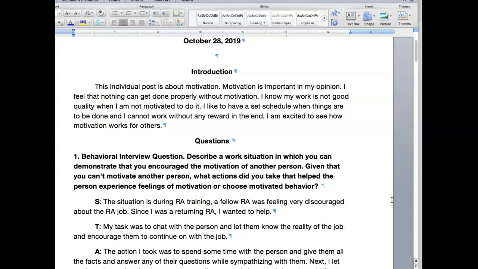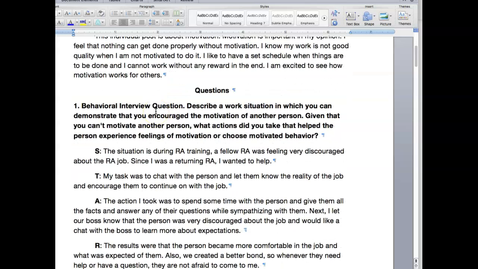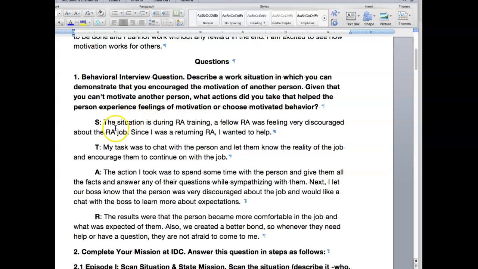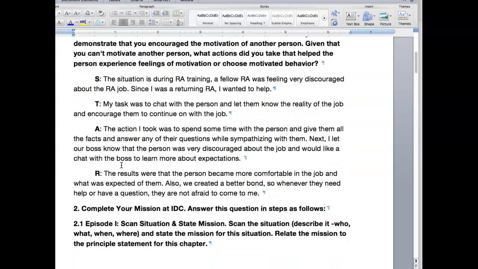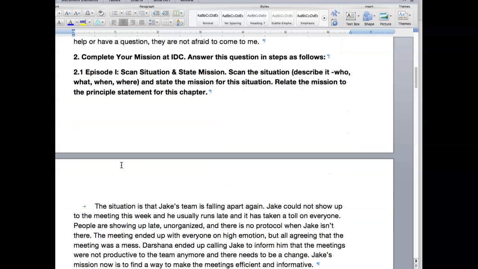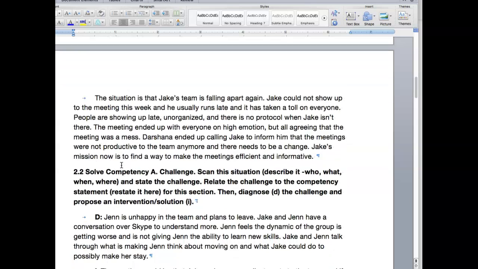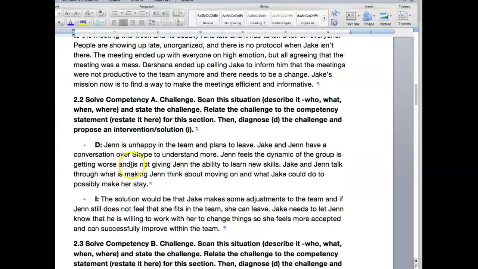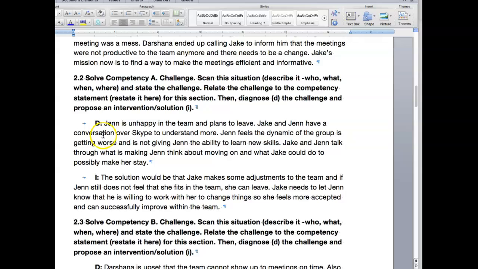The other best practice here is Suzanne from Team 1. Nice job, Suzanne. Same thing, she starts with an introduction. She gets into her behavioral interview question. It's clearly marked using STAR. She gets into her mission with IDC West and works her way through that. You can see how easy it is to follow